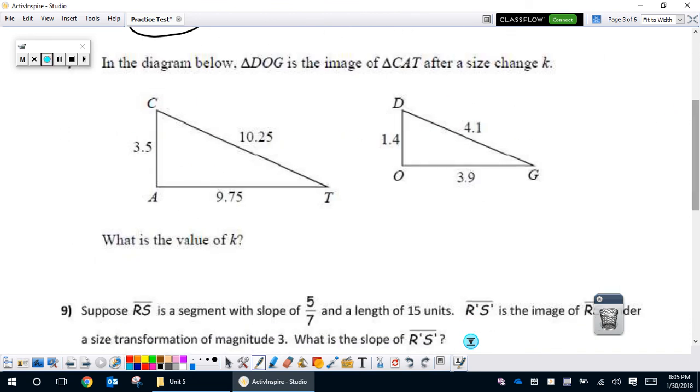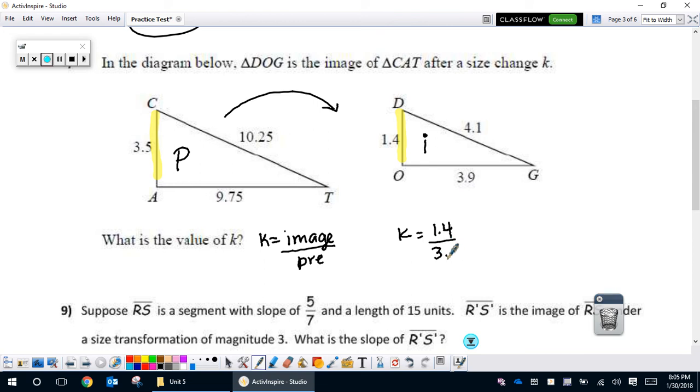Alright, in the diagram below, dog is the image of cat. Okay, so we go from our pre-image to our image. What is the value of k? K is the image side over its corresponding pre-image side. It's its magnitude, how much we multiplied to each side to get to our image. So I would just pick a side that you know. CA over DO. Just kidding, because we want to do image over pre-image. So we would do